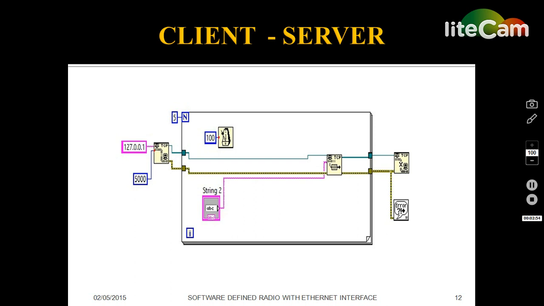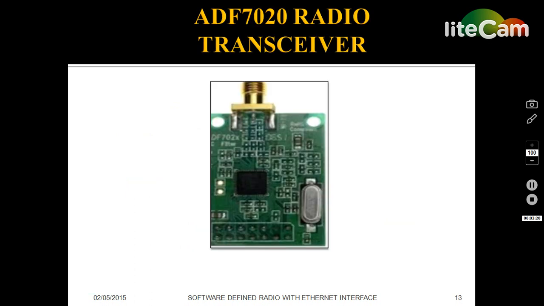The middle one is the TCP communication block, and any data we have to pass to the server can be passed as a string to the TCP communication block. This block will write the data to the server. After writing the data, the same can be closed using the TCP close function, which also has an error handling function.